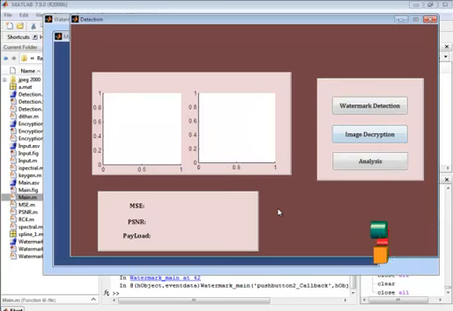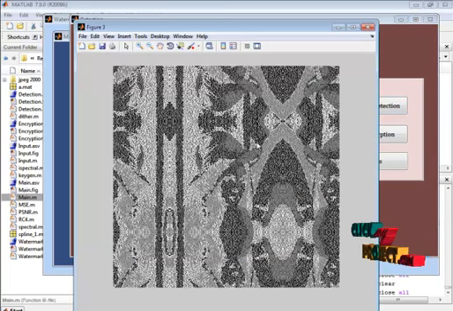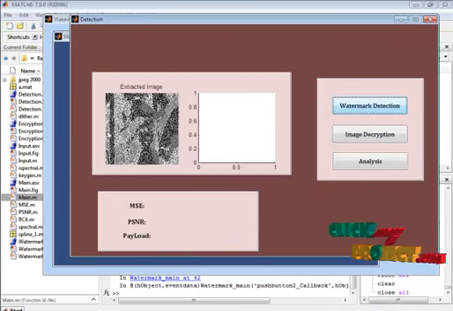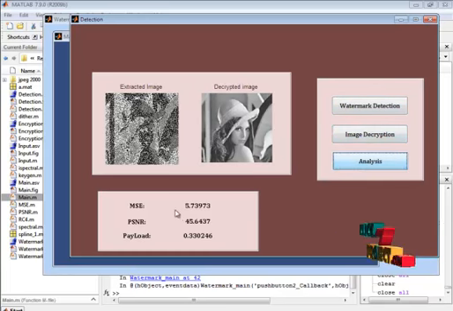Now we are going to the watermark detection technique. Initially we get the encrypted image, the hidden information is extracted here, and then finally it will be extracted in the original format. This is the encrypted information. This encrypted information will pass to the decryption, so the same key has to be passed here for the decryption. This is the decrypted image. Then the analysis: here it analyzes the MSE, PSNR value and the payload information of the